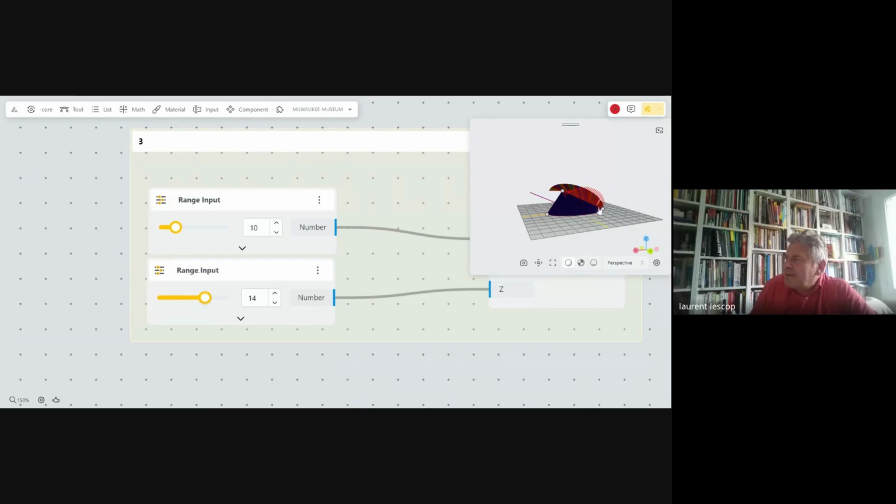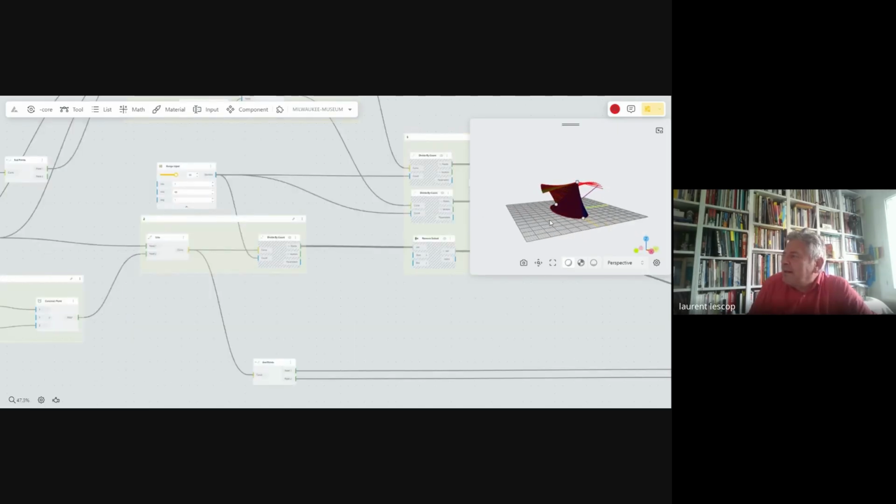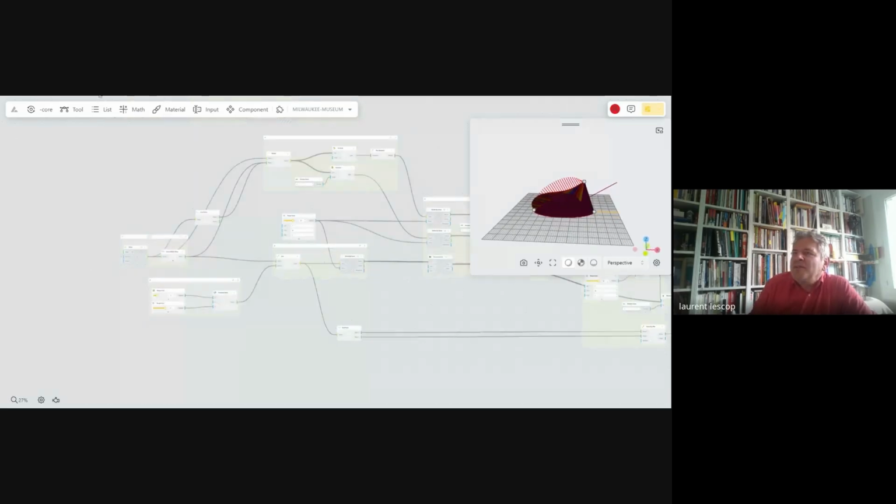You notice that in the film it's more like that, or maybe higher. Of course, you can change everything because this is parametric and algorithmic design. The illusion is made by a combination of two shapes, an ellipse and a straight line, and that's all. This is what we are going to do now.